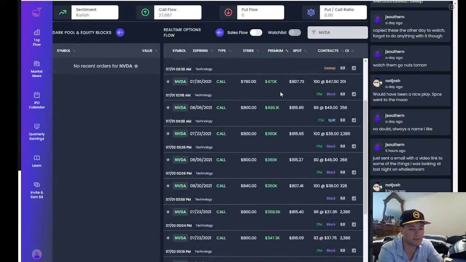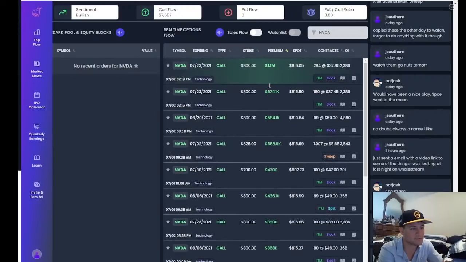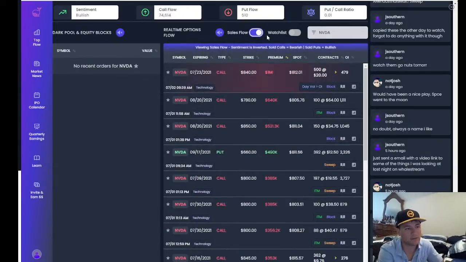I mean, that's everything. Everything is calls. Am I only looking at calls or something? You know what I'm thinking here, guys? Look at the put flow, 0. I'm thinking that the information isn't updated yet. Oh, never mind. There it goes. I had to turn on sells. Okay, but the put to call ratio, for every 100 calls, there's one put. So that's still a really, really high ratio.